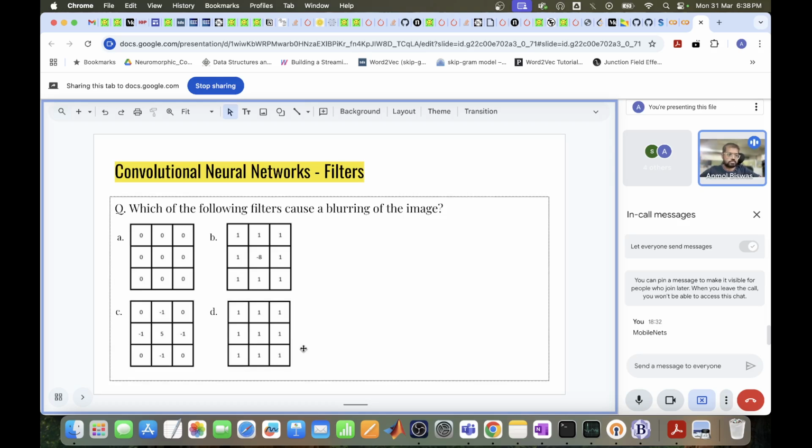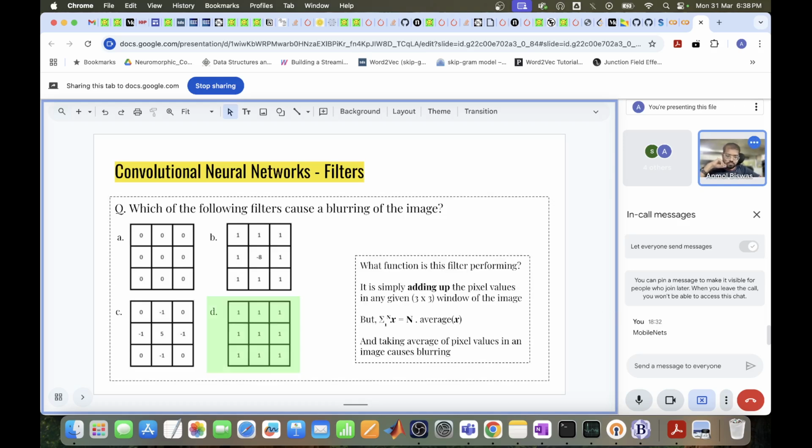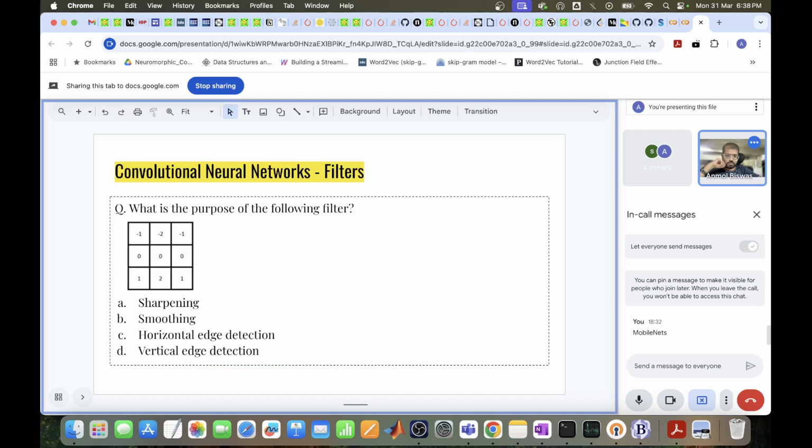So you're getting n times the average value of the pixels within the receptive field, right? Yeah, so you're getting n times the average. Here n is nothing but 9, and so it's getting 9 times the average of x within the 3 by 3 window, right? So this is this, and then like I said, in the previous section,